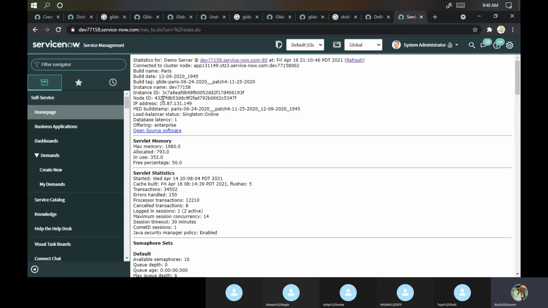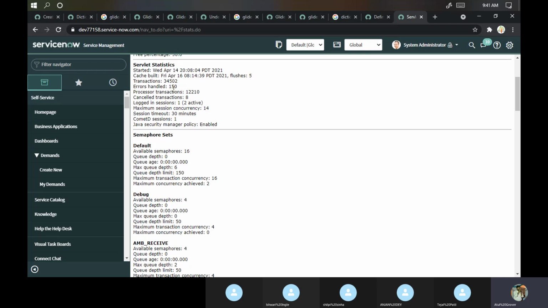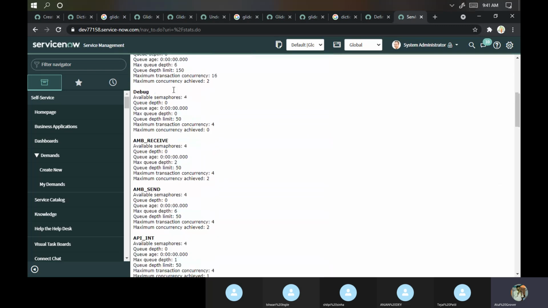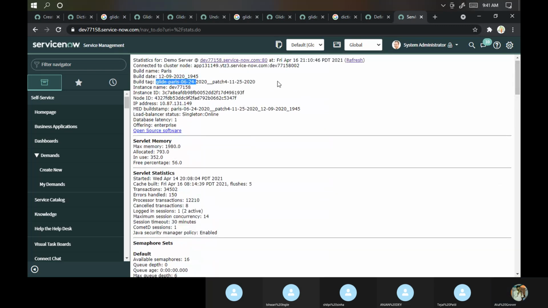Here you can see the latest version. This is Santosh version on the Paris release. This is the build tag and this is the build date. You can see a lot of things here, a lot of transactions, but for you the main thing is this particular stuff.